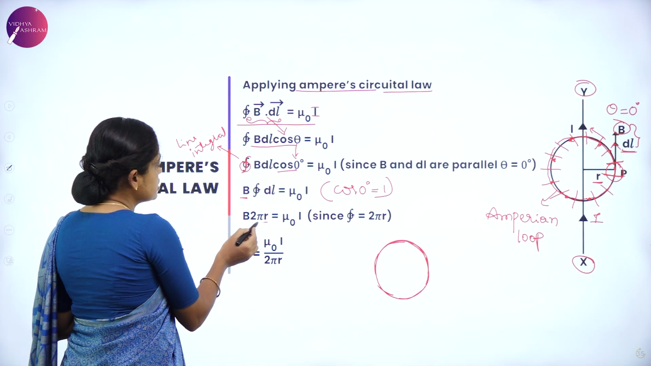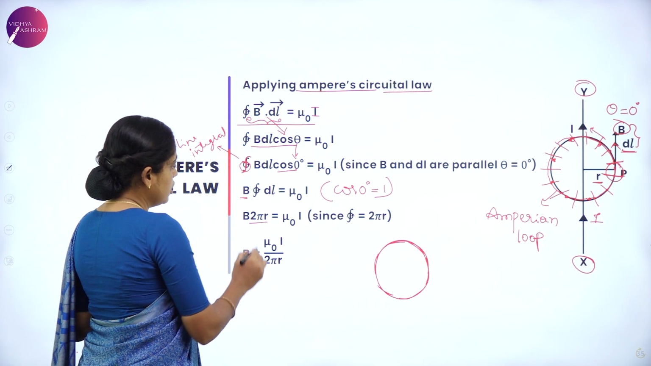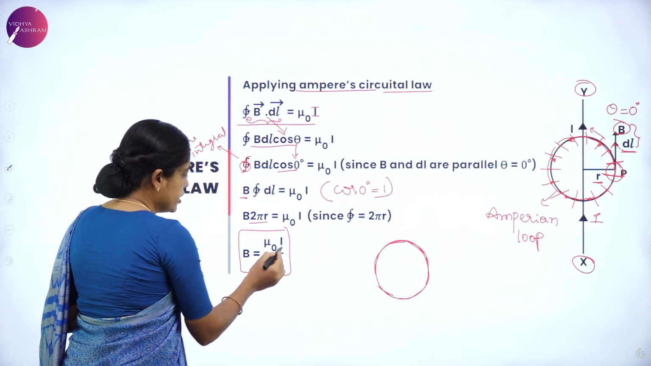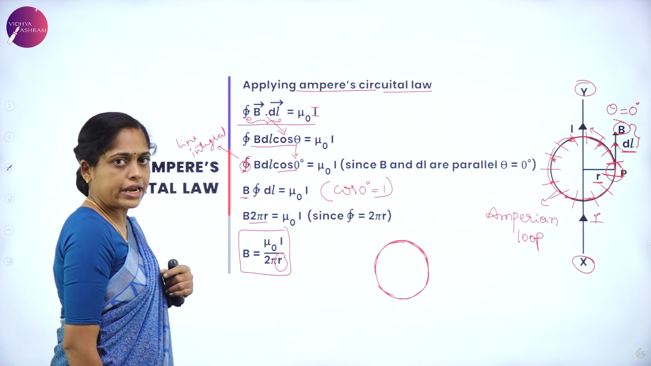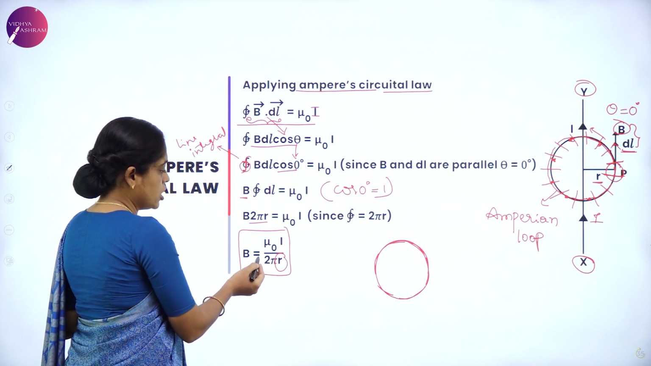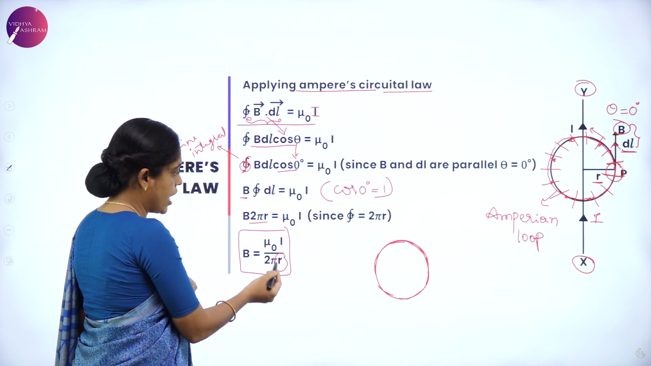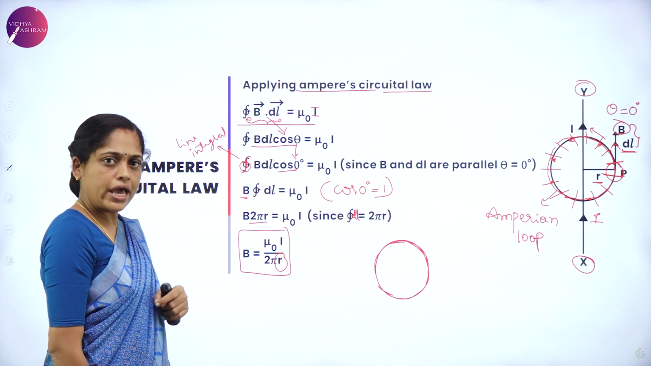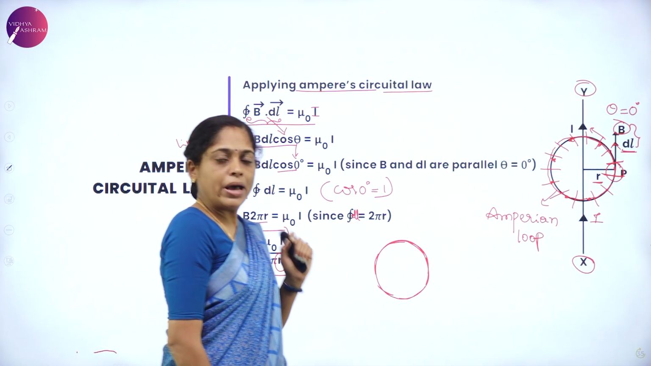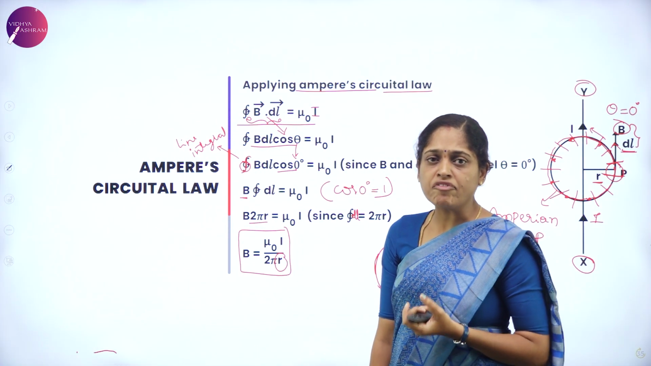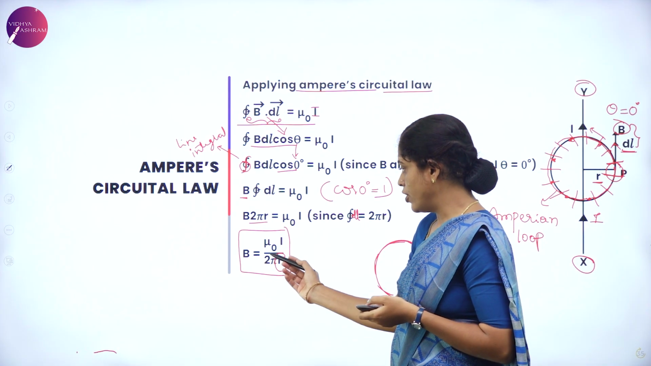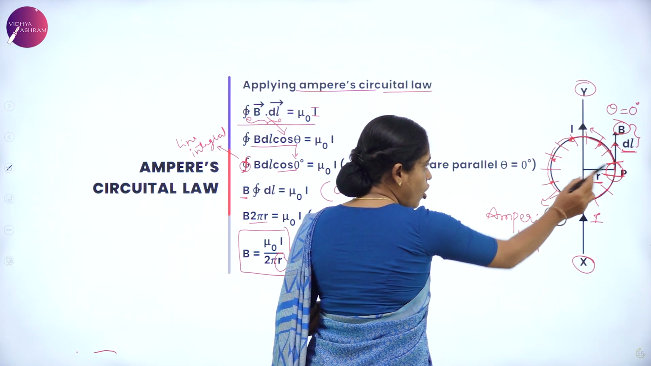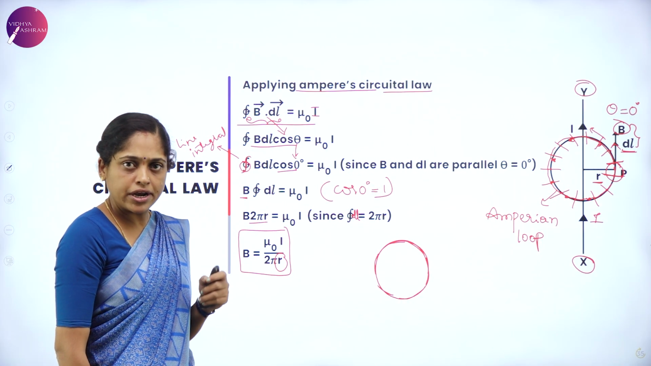So the circumference of the circle is 2 pi r, so B times 2 pi r is equal to mu naught I. Therefore, the magnetic field at a distance r from the current carrying wire is given by B equal to mu naught I by 2 pi r, because the integration of dl is equal to 2 pi r. Yes, this is the magnetic field strength at a distance r from the current carrying wire, which is equal to mu naught I by 2 pi r, where r is the distance of the point where we are finding the